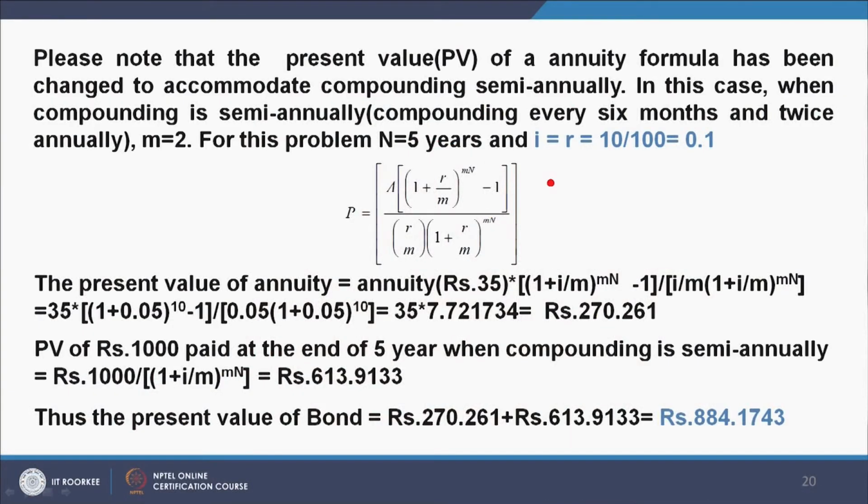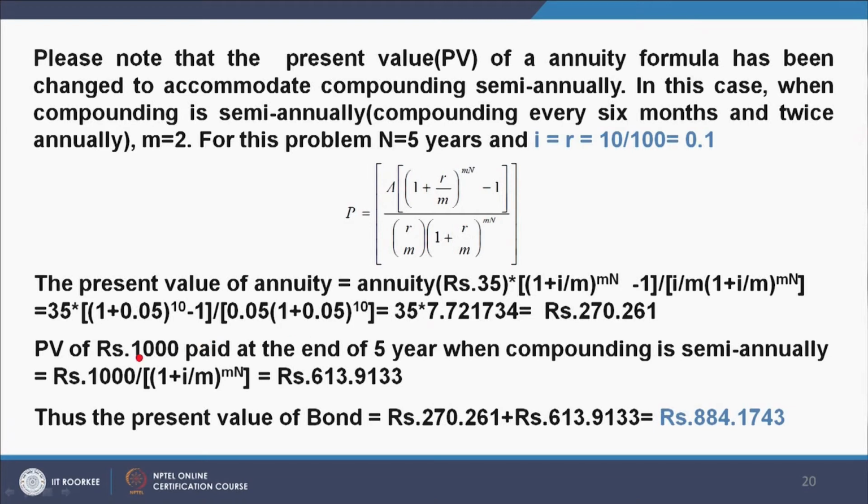So, for compounding semi-annually, this formula is used, which is a discrete compounding formula. This is the P, that is present value, and this is the A, which is the annuity value. The present value of the annuity is equal to the annuity, that is 35, into this group, which comes out to be, when we place the values, rupees